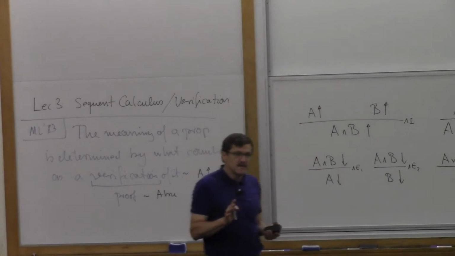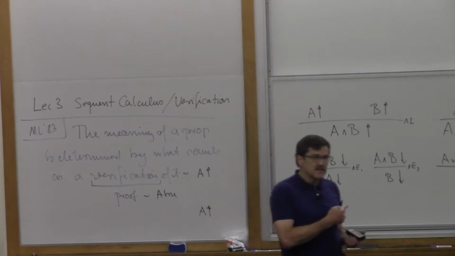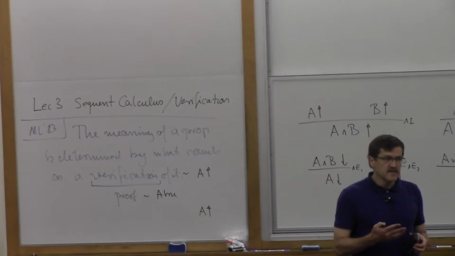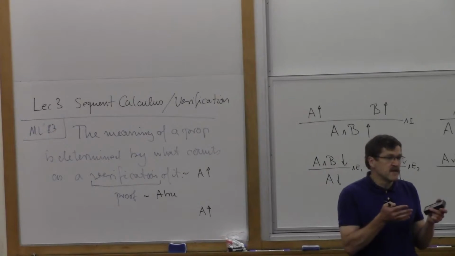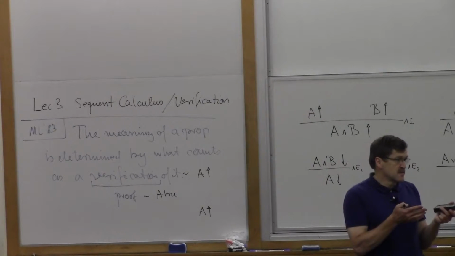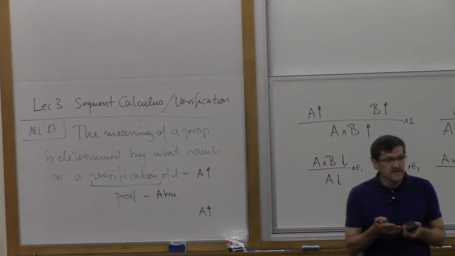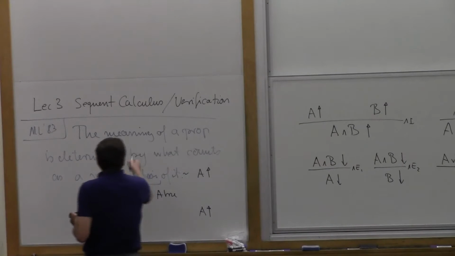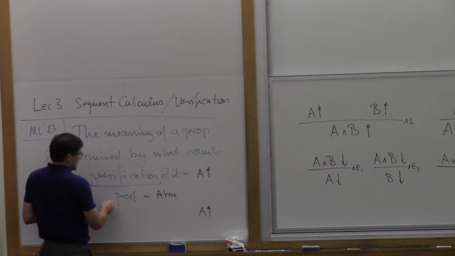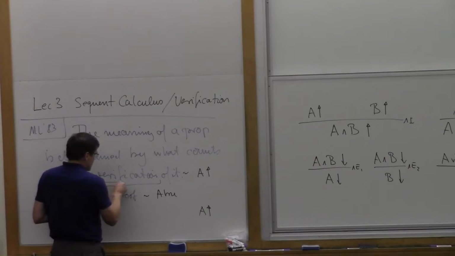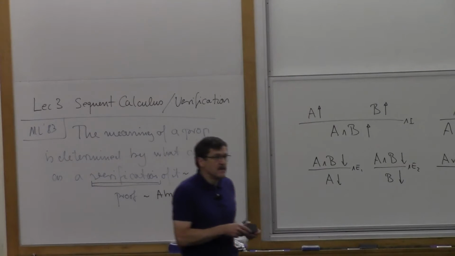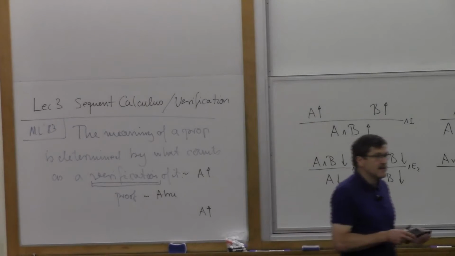Okay, does that make sense? So at least if you believe the system, then it should be the case that verification of A only uses the components of A. And that's really important because that's a well-founded meaning definition of the propositions. So that's why we really can say the meaning for propositions is not determined by all proofs, but just by the verifications. Okay? Yep? How do you prove, for instance, A implies A?